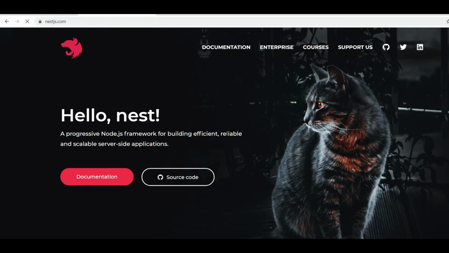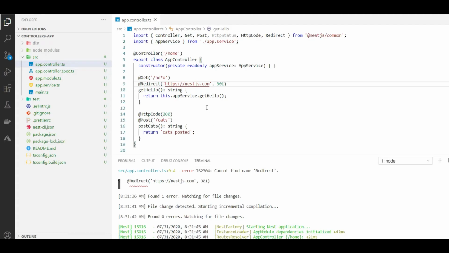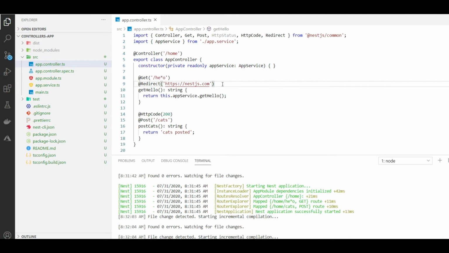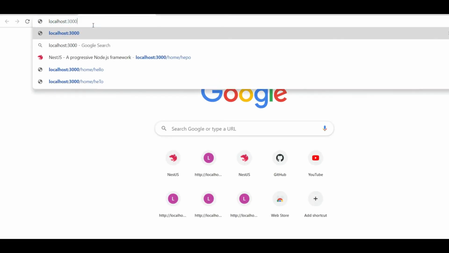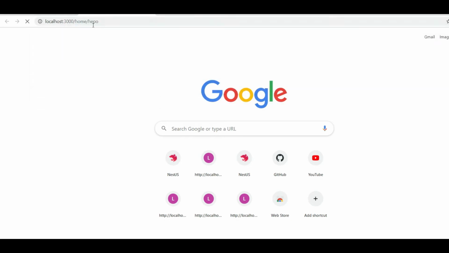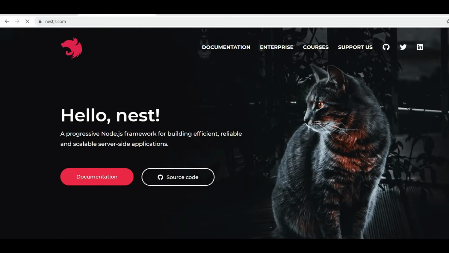Yes, so it redirects fine to nestjs.com. If you don't provide the status code, it will default to 302, which is found. And we can still verify if it works. Localhost home/... oh, yeah, it redirects fine.